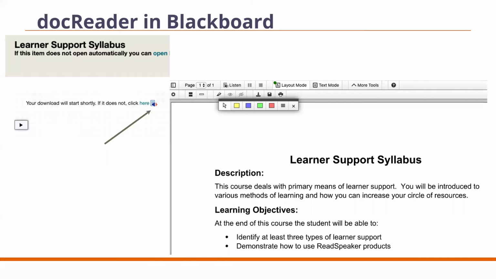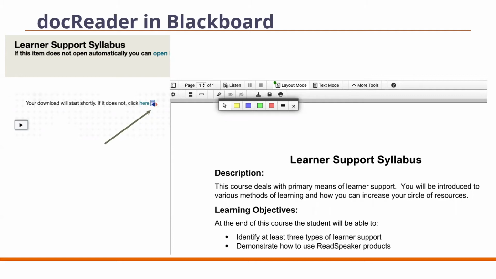But one of the greatest accessibility tools that we have here is our highlighter. And with our highlighter, you are able to mark up your document in your LMS, and then you can collect those highlights. And if you are colorblind, you can put borders on it. The yellow has an underline, the blue is a dashed border, the green is a dotted border, and the red is a solid border all the way around the highlight. So that way you can see what is being collected.